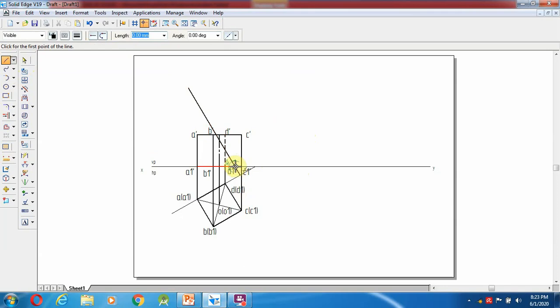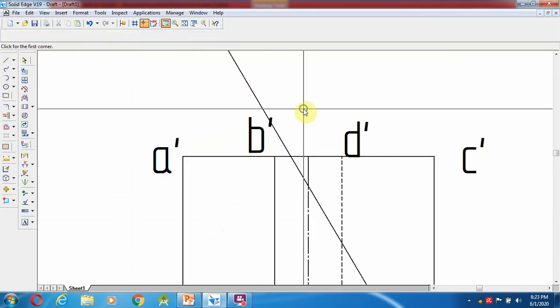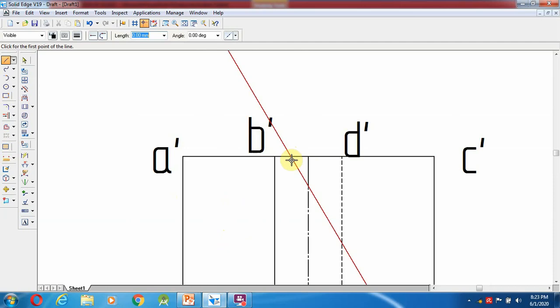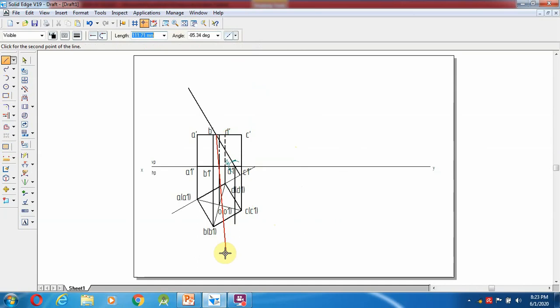So from here make a straight line over here, towards down, and also from this edge, it will cut the top of that. You can zoom, suppose you are not getting the intersection line, zoom and give it, and make a straight line.